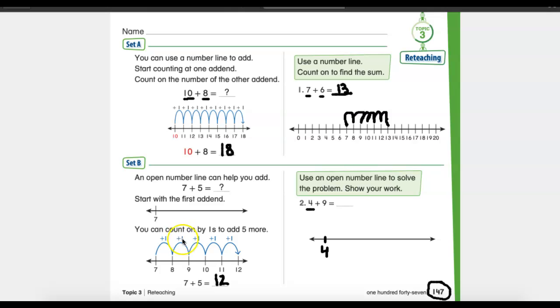have to go 1 plus 1 plus 1 plus 1. I know that there's another way that I can jump with my open number line. Now, we've seen before where you can add by 1, so you would draw 9 marks and count. But we've also seen before when we can break a number into 2 other numbers to add. So, one way that we could do this, we could say 4,